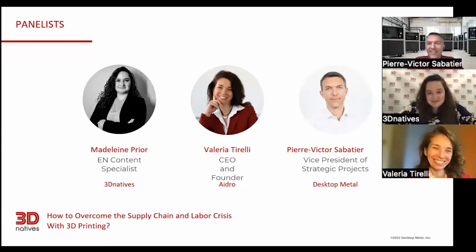Next up is Pierre-Victor Sabatier, who oversees strategic projects at Desktop Metal for the Europe and MEA region, which includes partnerships with R&D centers and contract manufacturers, focus on additive manufacturing industrialization projects, and deep dive on some key vertical markets ready to adopt AM in a big way. He spent his whole career doing sales and business development, especially in new markets, first in the private equity sector, and then since 2012 in 3D printing. He joined Desktop Metal at the startup stage and has actively contributed to solutions fast adopted in Europe.